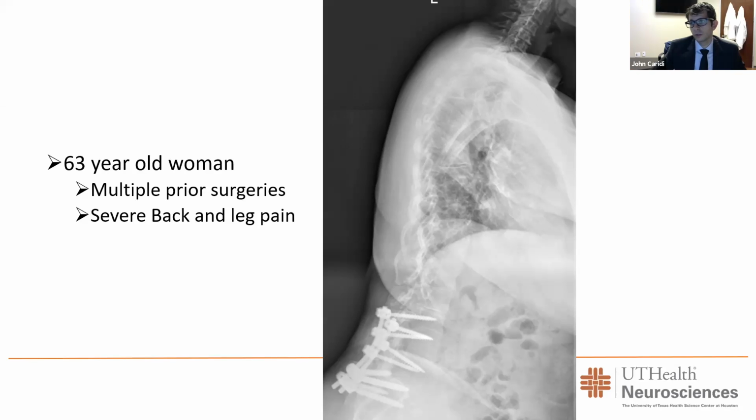With regards to the coronal alignment, basically I'm still using the SRS Schwab classification as far as the coronal alignment goes, and how far off of the center sacral vertical line the patients are, and what type of trunk shift they have. So still maintaining that part as far as the coronal alignment goes. But coronal alignment, unless you have a really marked trunk shift or shoulder imbalance, has been really shown to not be as important as sagittal alignment.